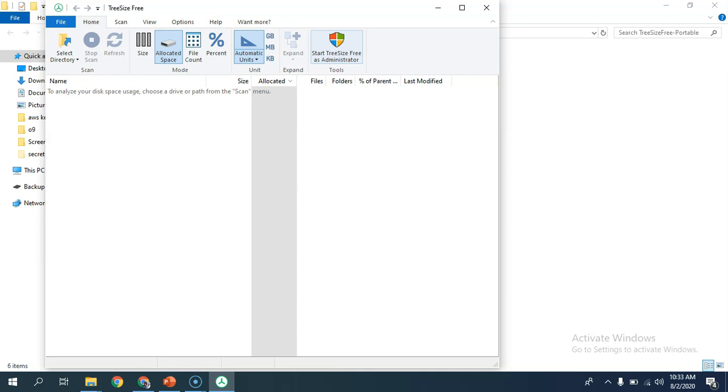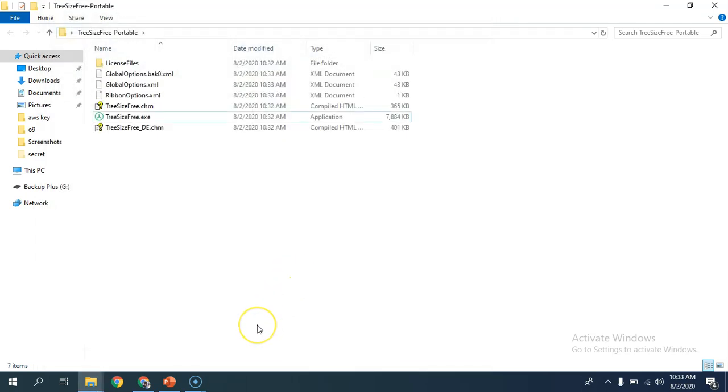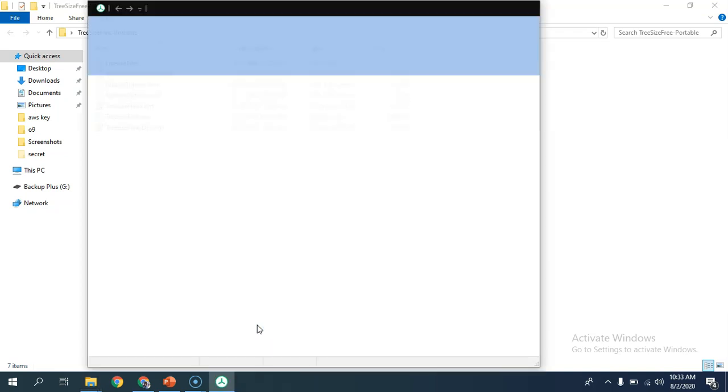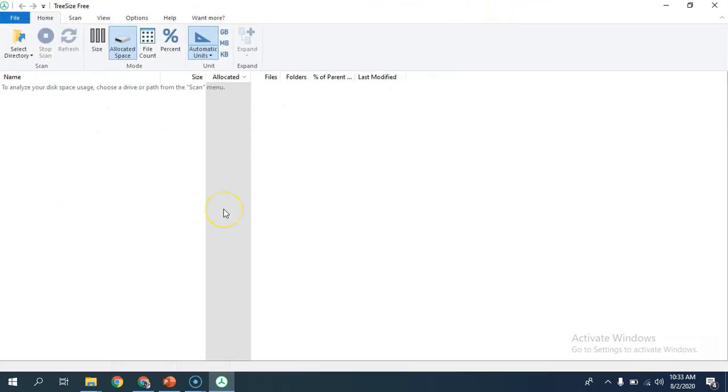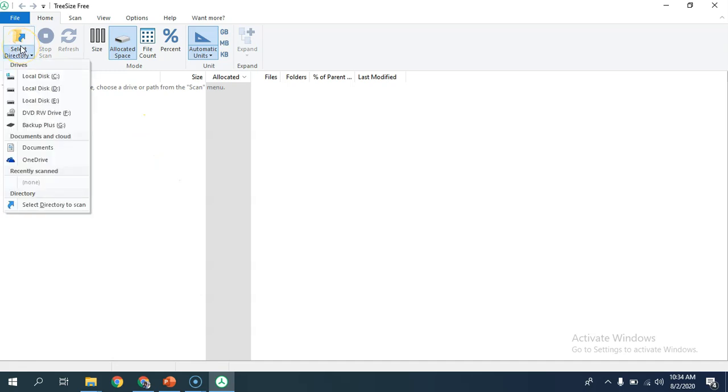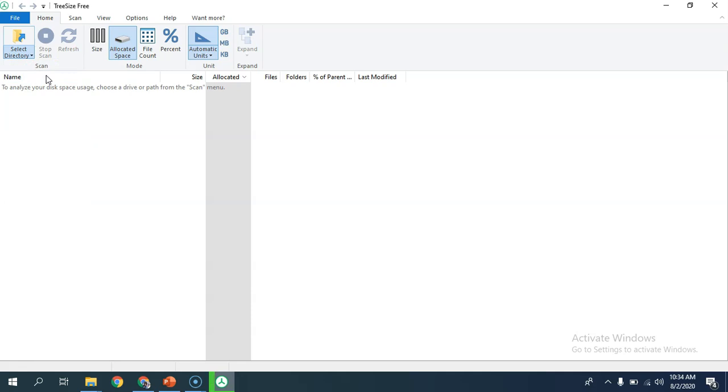So I'll give these permissions, and now TreeSize will start as administrator. There we go. It doesn't show anything by default because we have to tell it which directory we want to scan. My issue is with the C drive, so I'll choose this and give it some time to scan.